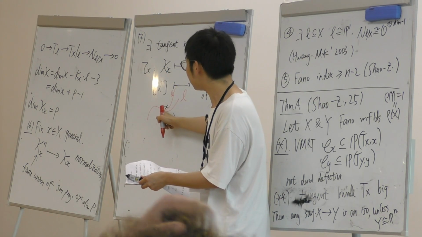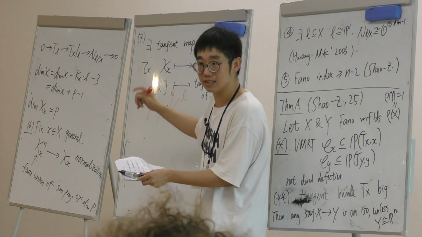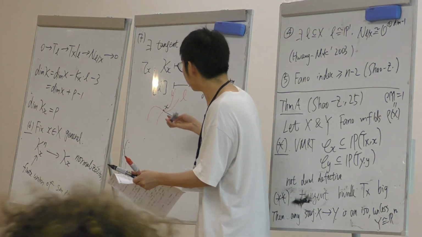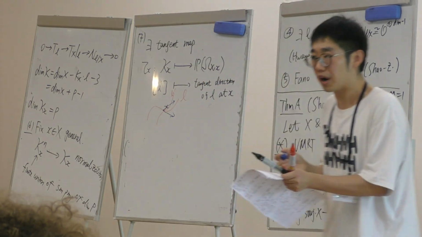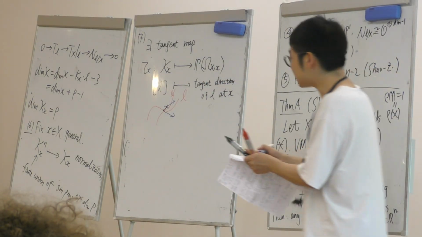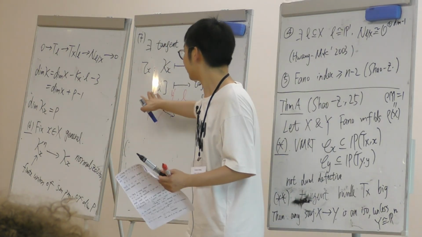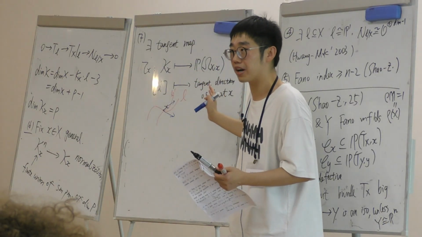And L prime passes through x and contributes to another tangent direction. So for this L prime, it can send it to this direction. So this means for general L passing through x, you can assign it a tangent direction,